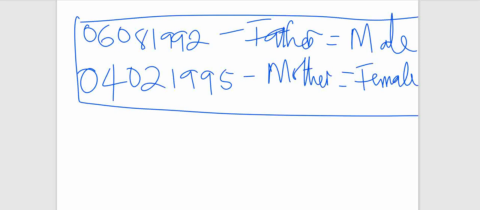There are 2 ways of doing that. We may only say that 0608 1992 is for the father, right? So therefore,